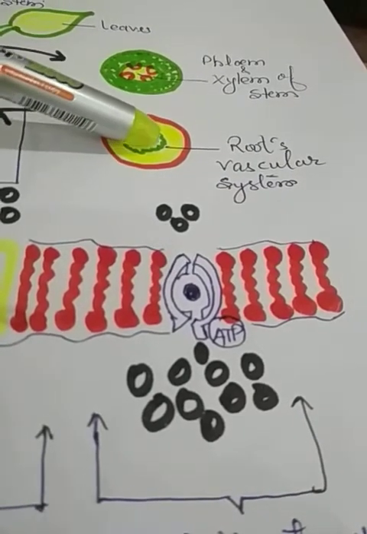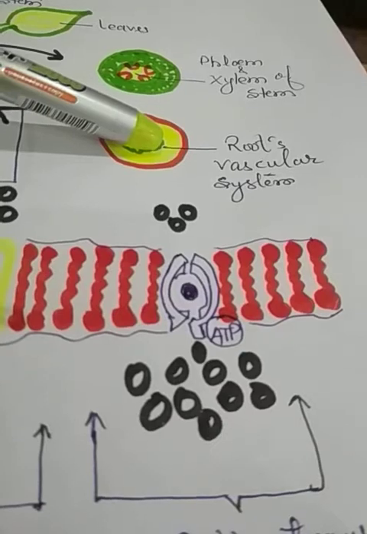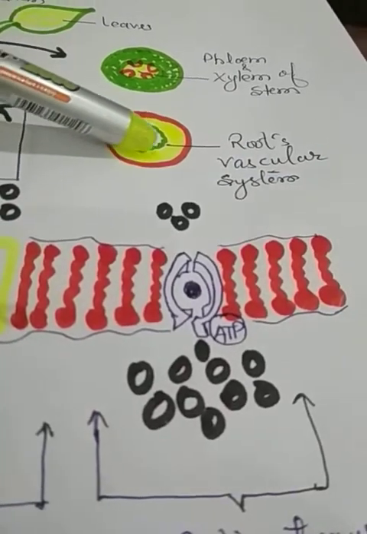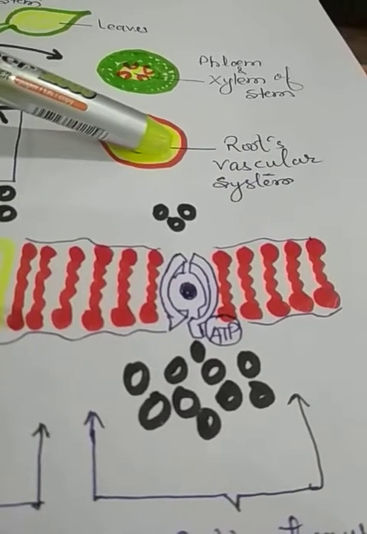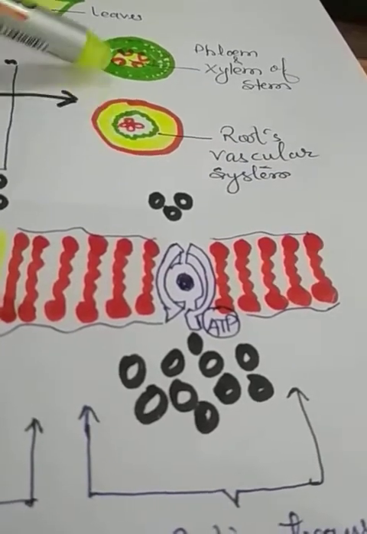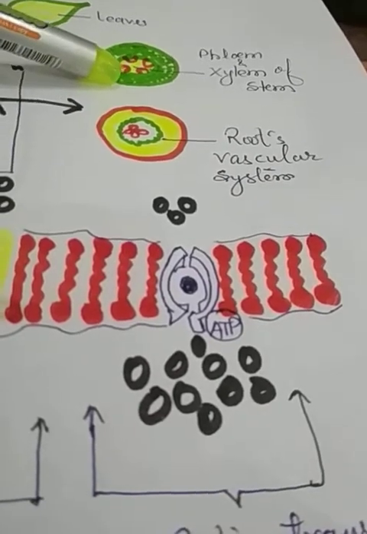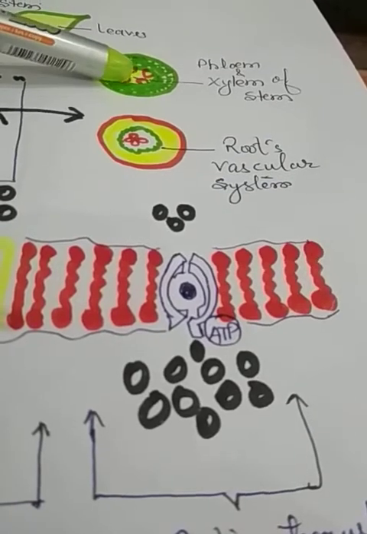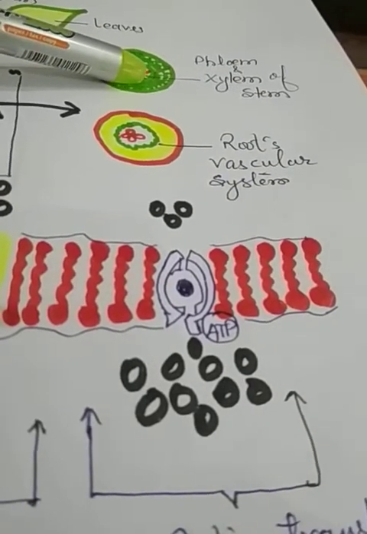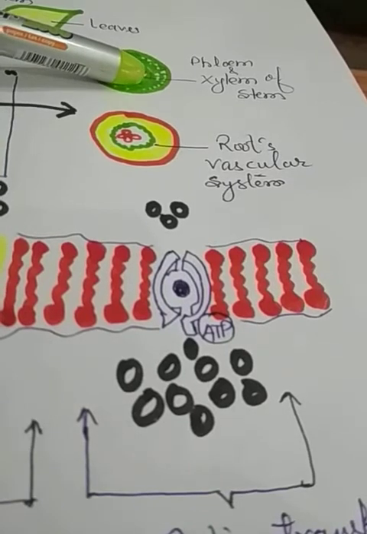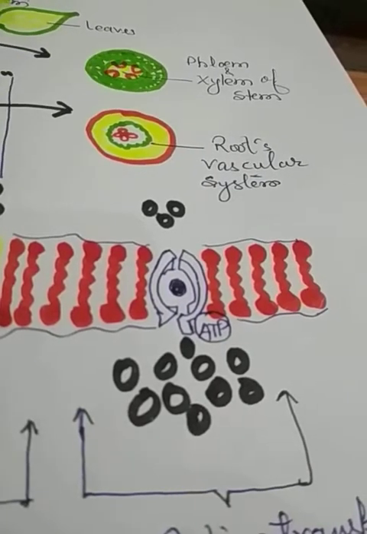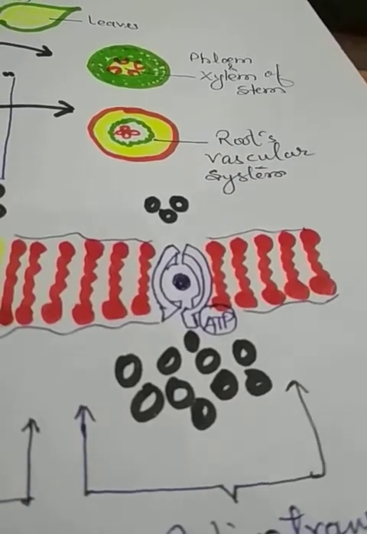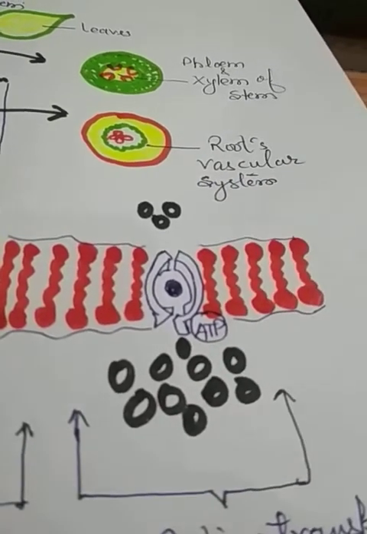While in phloem, there are phloem parenchyma, phloem fiber, sieve tube and sieve plate. These are the four components of the phloem. Now you must know that the movement of substances like water and minerals is unidirectional in the xylem. Unidirectional means it goes upward only, from the root to the leaves. So xylem performs the function of transportation in the plant body